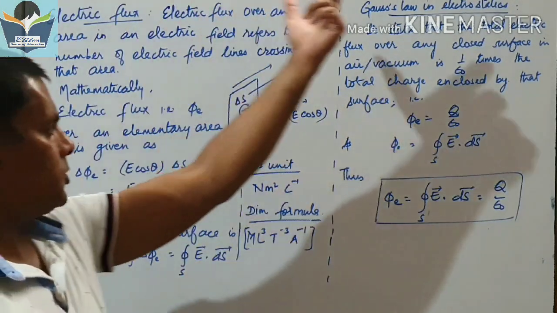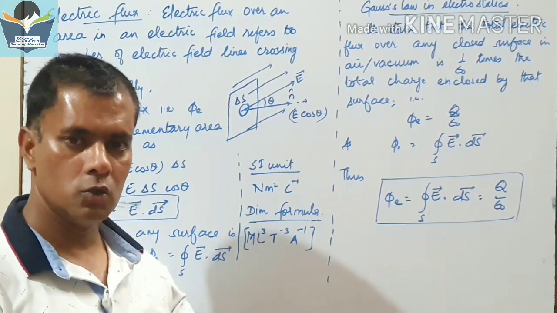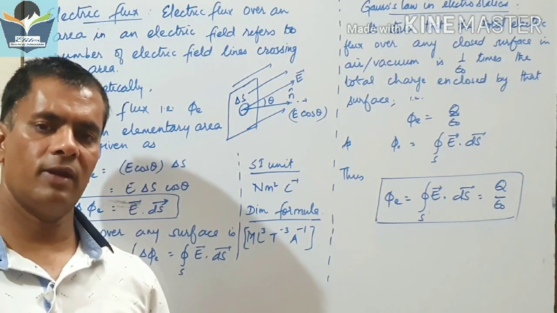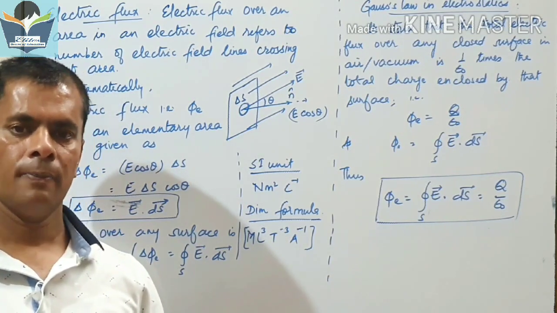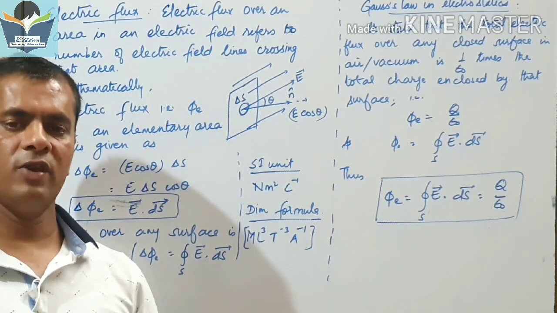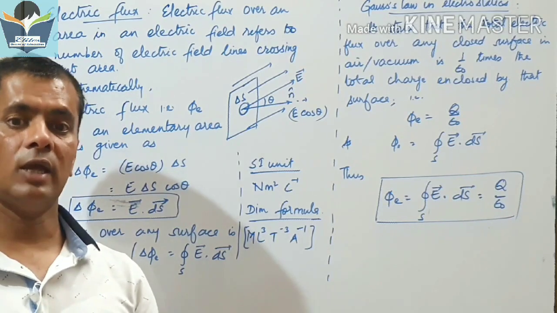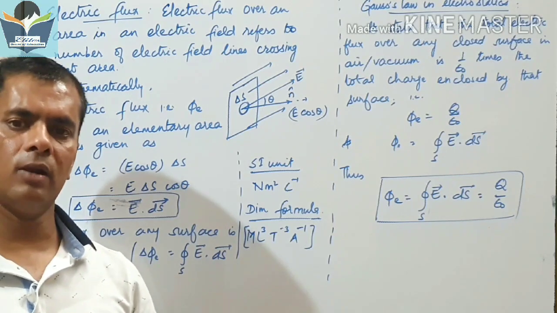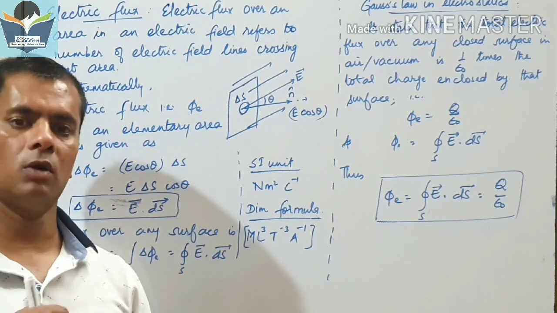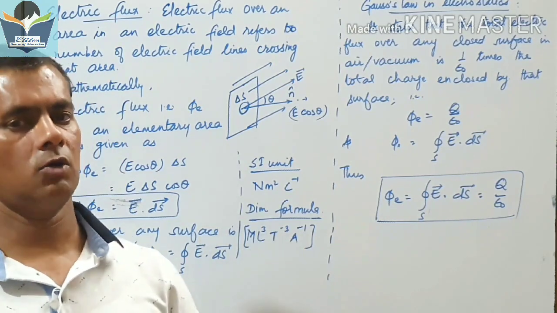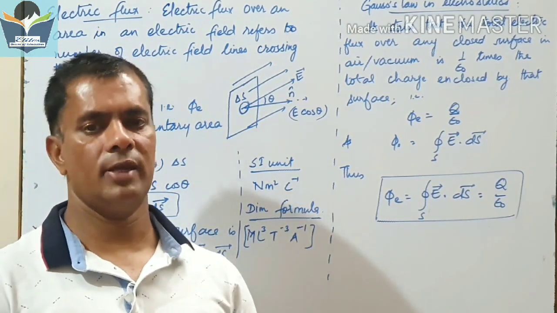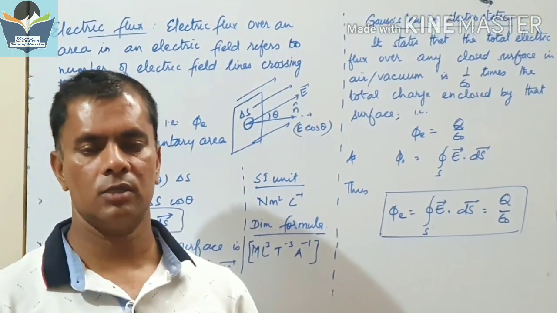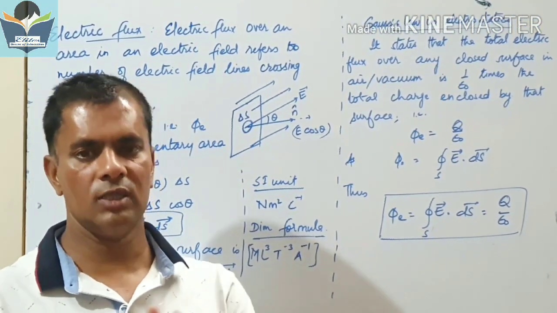This is the term which has its use in this law. So first we understand this electric flux. Before we understand the electric flux, one more important thing: here we will assume the area to be a vector quantity. It is sometimes convenient for us to assume the area to be a vector quantity. It solves so many conditions for us, and that also decides the extent of something crossing that area.